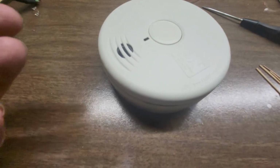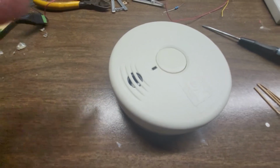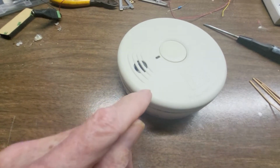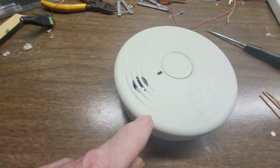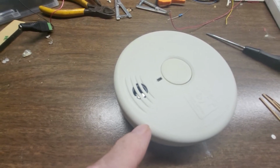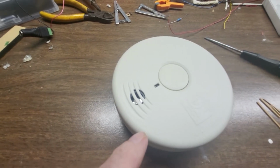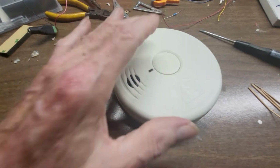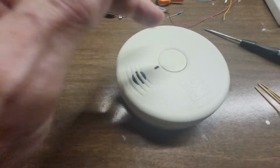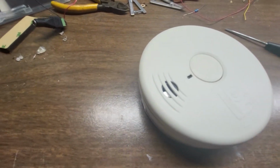Before I even get started, the other reason why I'm opening this up is my battery is fine, because this was installed in 2017, and right now it is August. Today I think is like the 15th of August of 2022. So this is a 5-year difference, so we still have 5 years worth of battery. But this thing was false alarming. It was just tripping for nothing, and I did not realize that it was a